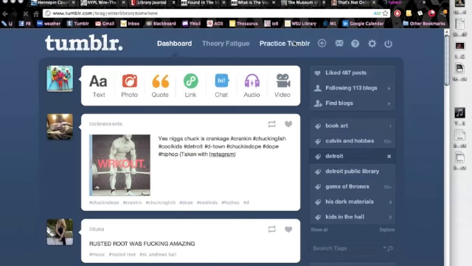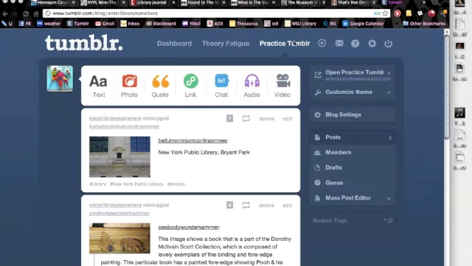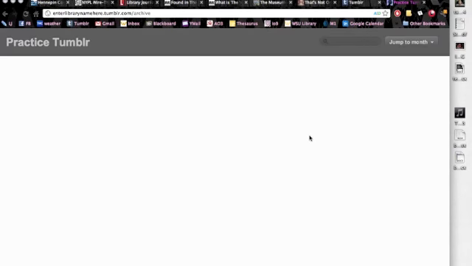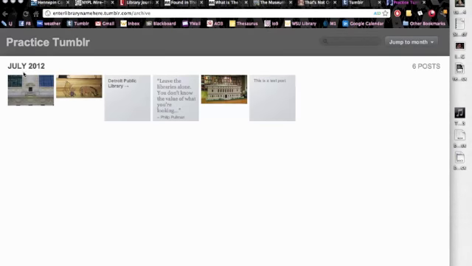Alright, and now let's talk a little bit about the archive. If you go to your Tumblr page, there should be a little link somewhere on top that says View Archive. And the archive then lays out a little tiny icon of what you've been posting, and what day you posted if you mouse over it, and how many notes that particular post has. Can't really see it